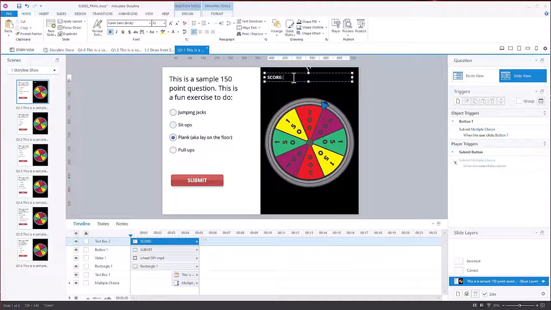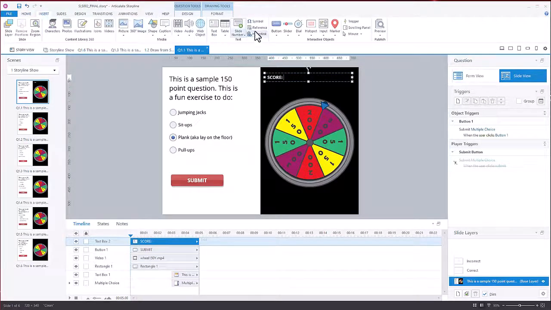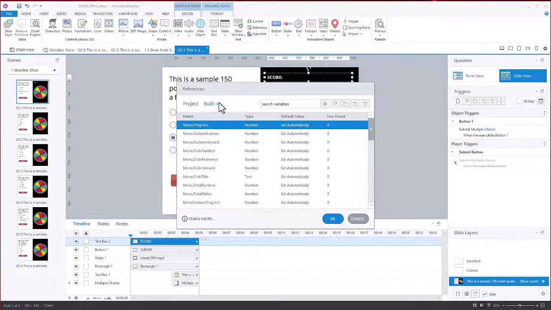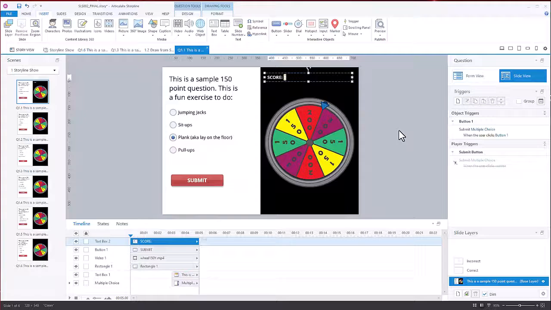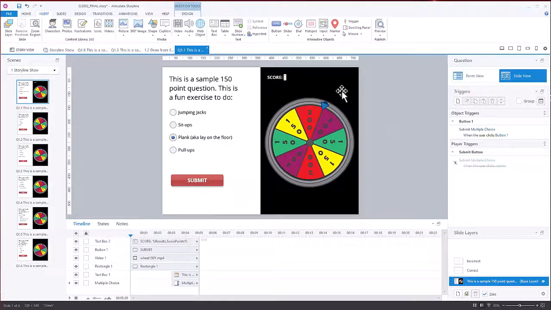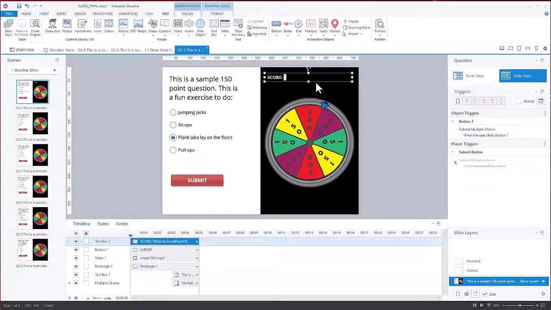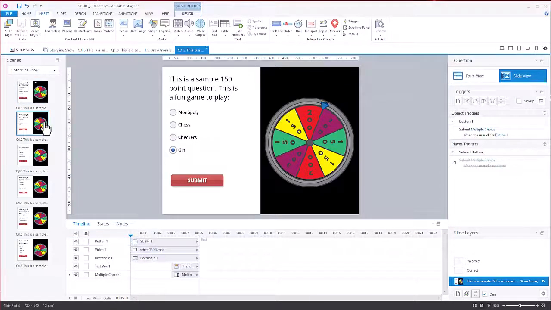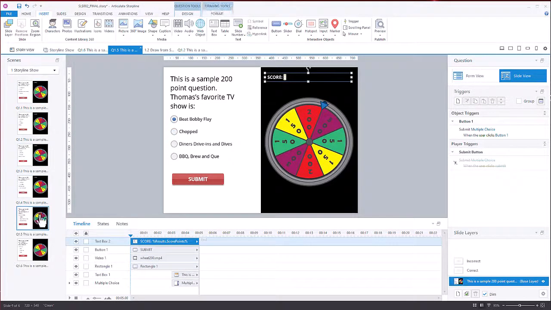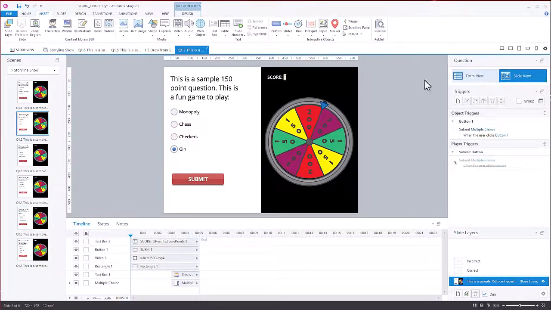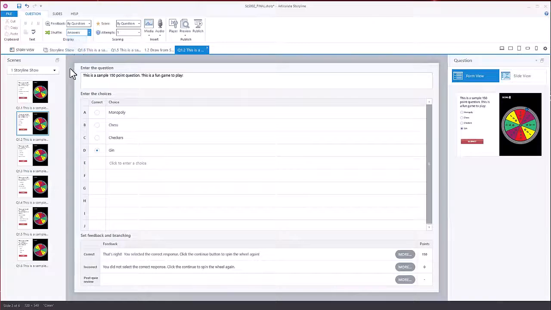Bold, there we go. And then I'm going to insert that reference. Once again, that's just the reference variable, and it's results.scorePoints. And right now it's 0. If I copy and paste this, copy, paste, paste, paste, paste, paste, and then on each one of these slides, remove the shuffle answers,